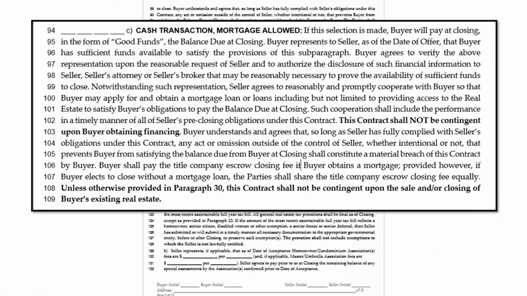This one means that my buyer, and typically these buyers are very, very strong buyers. You're looking at people with credit scores of 850. You're looking at people who know they're going to get their mortgage, but still want to get a mortgage. So it's not contingent on the buyer getting financing, but he's saying that he might. So what we need to do with this one is make sure that the seller knows that we still may have an appraiser coming in, because in order to get the mortgage, the appraiser has to look at the property, but the buyer needs to understand that it's not contingent on that.